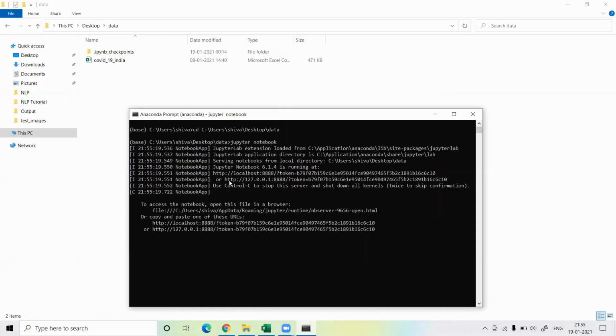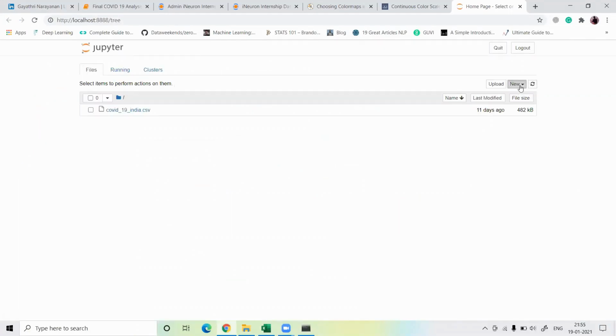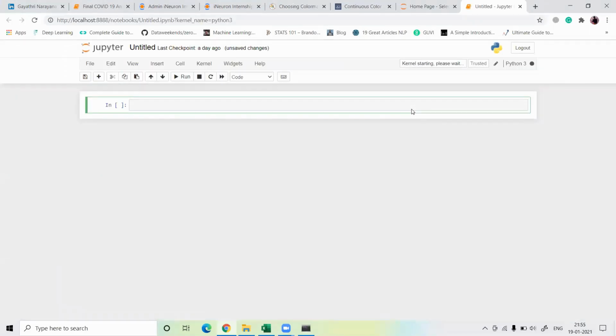Now my Jupyter notebook is opening. This is our home page. Let's take a new IPYNB file in Python 3. When you work on any machine learning project, guys, first of all we have to import important libraries.